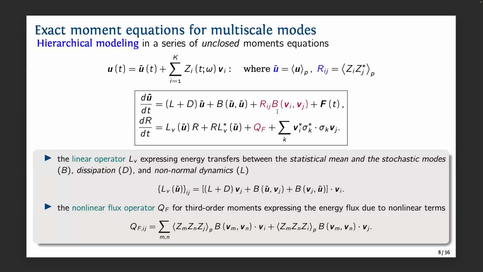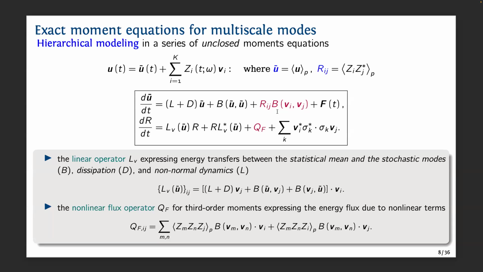So there are different ways to solve this, and what we propose here is to introduce a decomposition of the state. U is the original stochastic process, and what we do here is we decompose U into a statistical mean, where the pointed bracket is the expectation with respect to the probability distribution P, and we summarize all the rest as a fluctuation, a mean zero stochastic process. And furthermore, we can introduce a set of bases V_i.